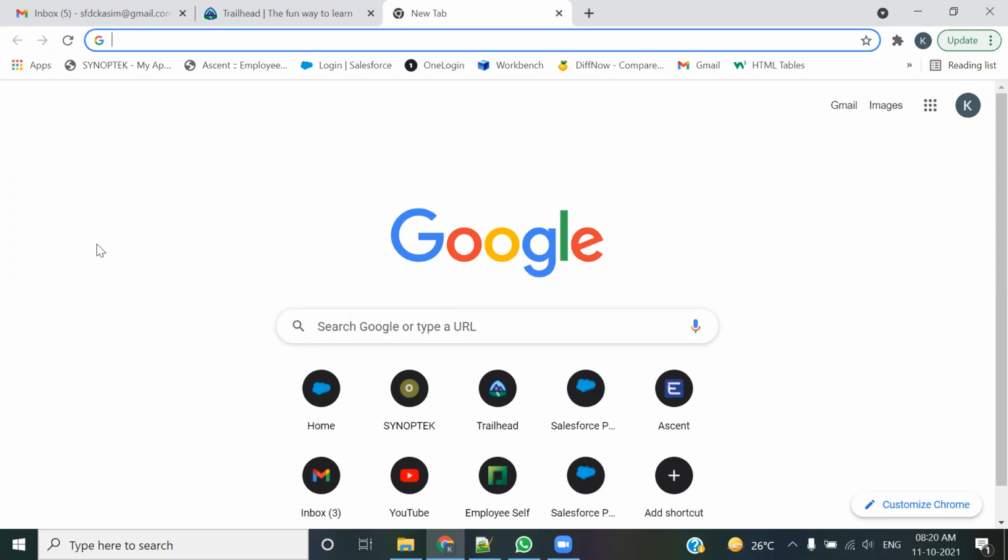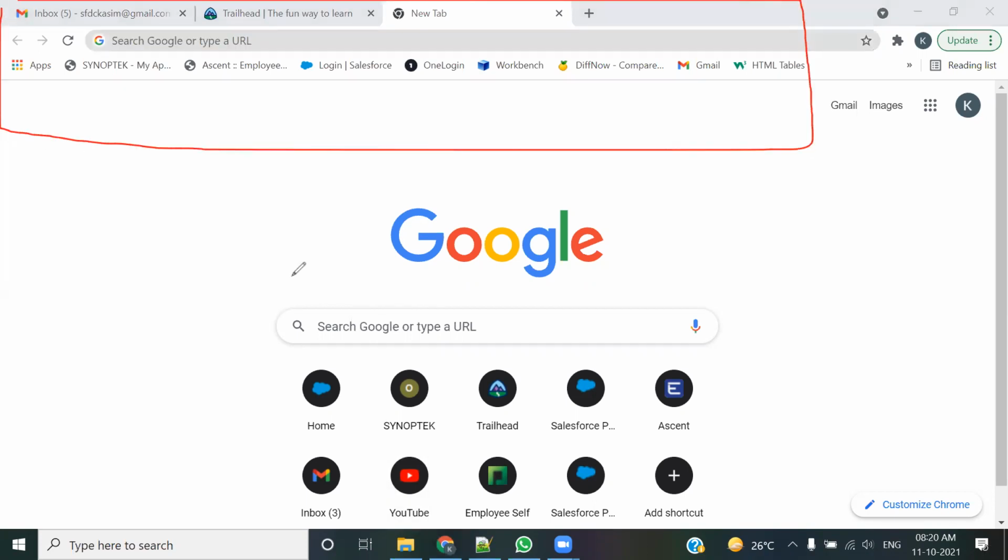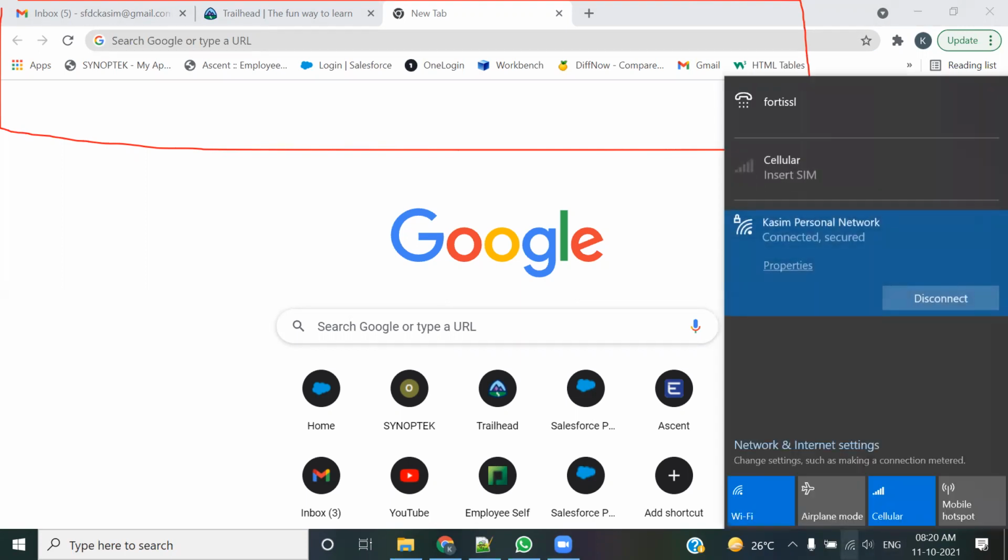Salesforce is also one of the cloud-based technologies. If there's any application inside Salesforce that I want to access, how could I access that? I just need to go to a URL. First thing, I require a browser. And the second thing, I require an internet connection. I should have a browser and I should have internet. These are the two things I should have.